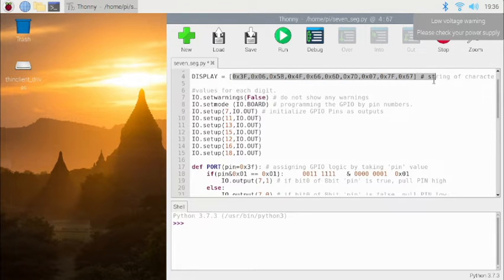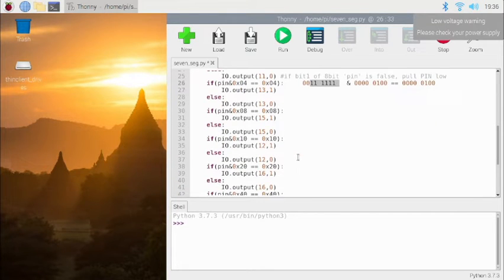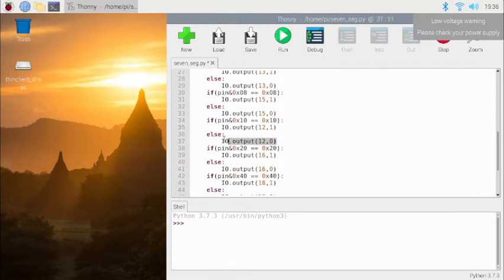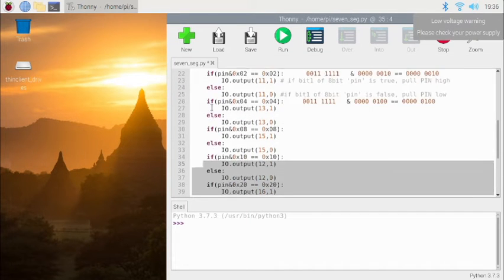We have designed all these numbers by looking at the bit level, what we can say, logic, right? Whether the first bit should be 1 or 0, second bit should be 1 or 0, and so on. So this is how this function will check all these 7 bits. If in our number bit number 6 is 1, then it will simply turn on that particular segment. If not, then it will simply turn off that particular segment, right? So this is how it will check all these bits.